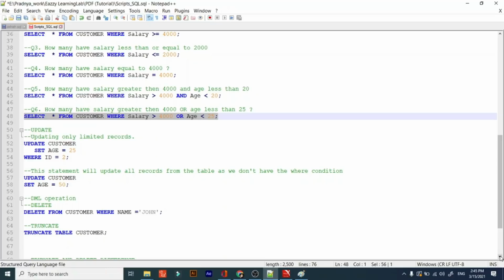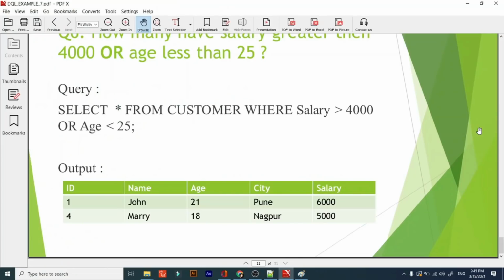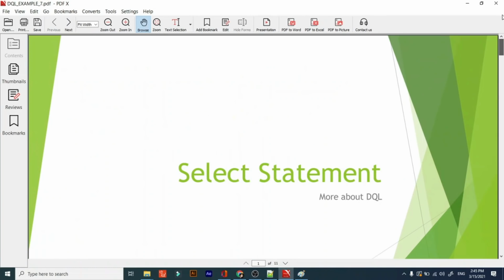So I'm again executing it with different options. Salary is greater than 100 and age is greater than 20. Then we can see we are not getting any records, because there is no one in our data set who has salary more than 4,000 and age